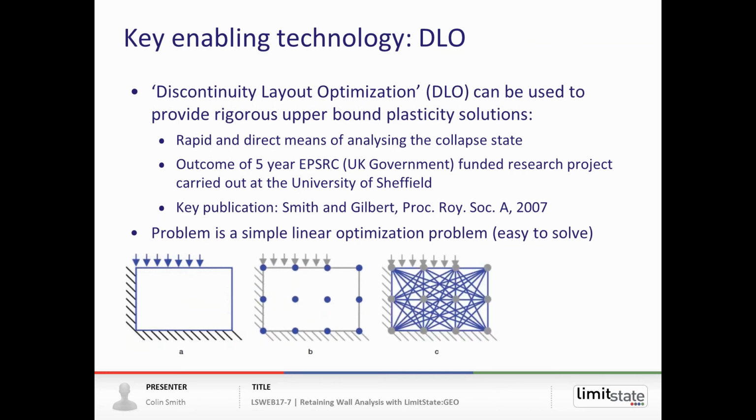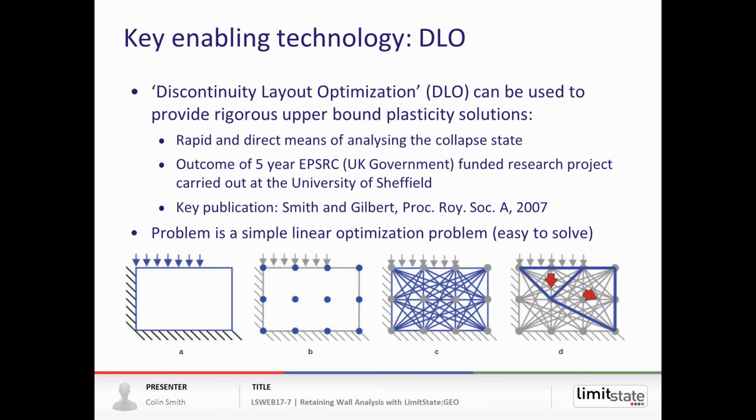And we connect every node to every other node, so that ends up being 11 times 12 over 2, which is 66 possible connections. And from that set of possible slip lines or connections, we use linear optimization to pick out the critical set of slip lines that form the collapse mechanism that dissipates the least energy. So in this case, there are 6 critical slip lines out of the original 66,